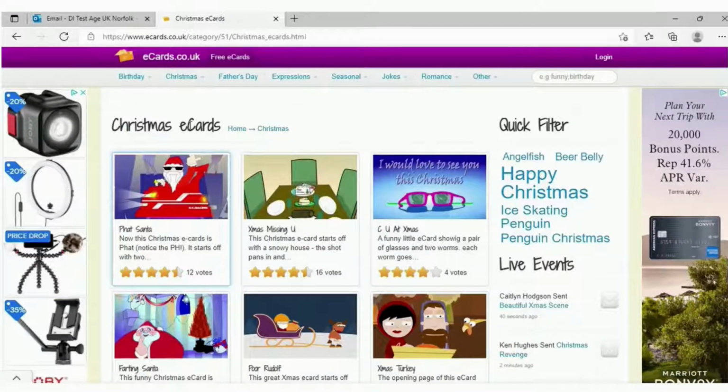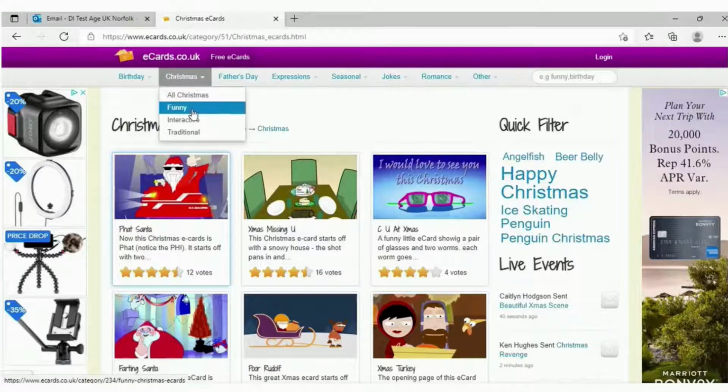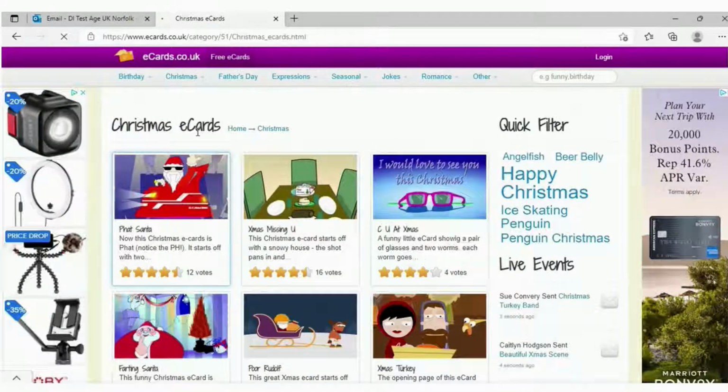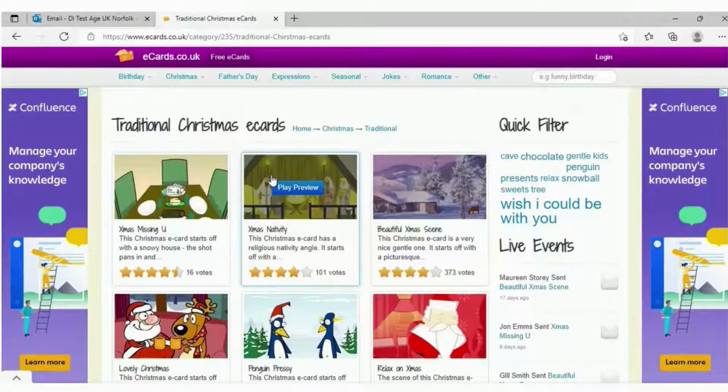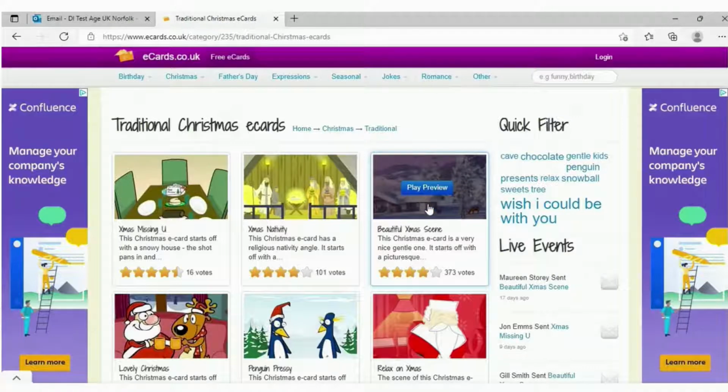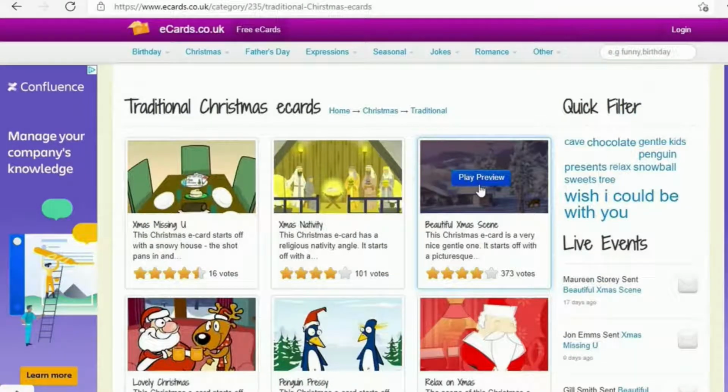Looking at this website, I can see not only do I have some options in front of me for Christmas e-cards that I can choose from, but I can also see other ways on this site to search. At the top I can see some categories, and one is for Christmas, so I'm going to click onto this and see what this brings up. So now we have some more categories to choose from. I like the idea of sending a traditional Christmas e-card, so I'm going to click onto this.